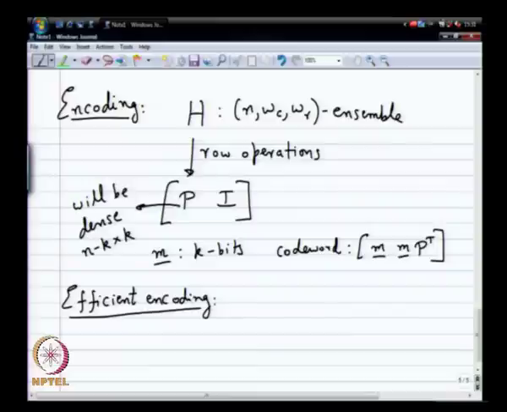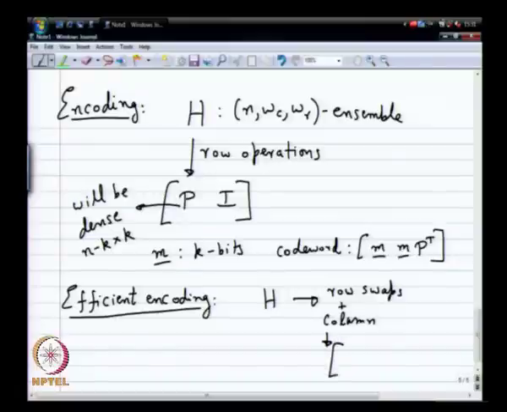I will do, from H, row swaps and column swaps, and then maybe I will get a matrix of the form some P and then some T, where this T is some triangular matrix. Okay. It may not be fully triangular, maybe some small delta part of it might be dense